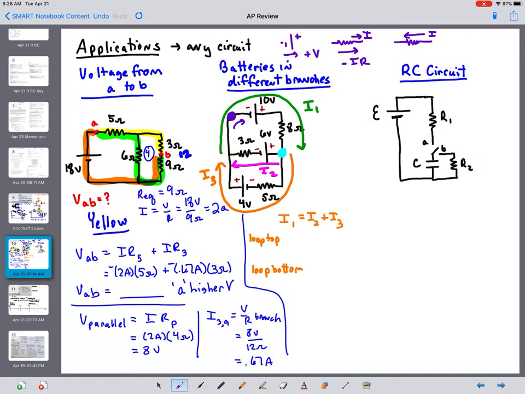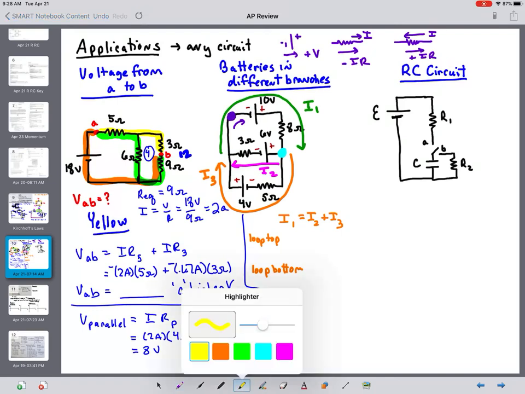that's a negative. When I'm going in the direction of the current, then your voltage drop across the resistor will be negative. When I'm going against the direction of the current, then my voltage drop would be a positive, because current always flows from high to low. In that context, as I work my way around our loop,